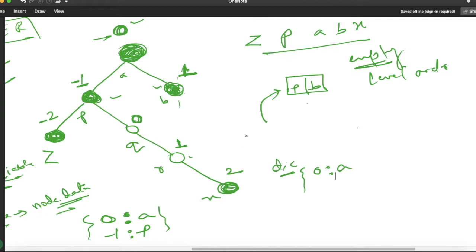Now next time again we will apply the same logic. This queue is not empty. So what we will do? We will simply pop out this P. So this P is popped out and its value assigned for this variable is -1. So whenever this node is popped out, our next task is to see whether the left child or the right child are present or not.